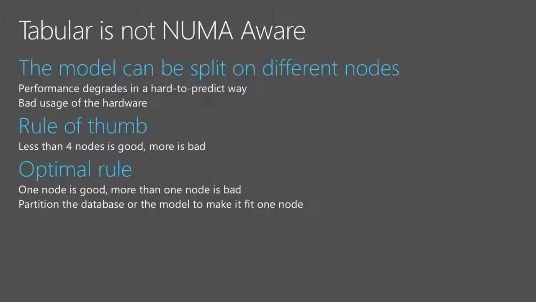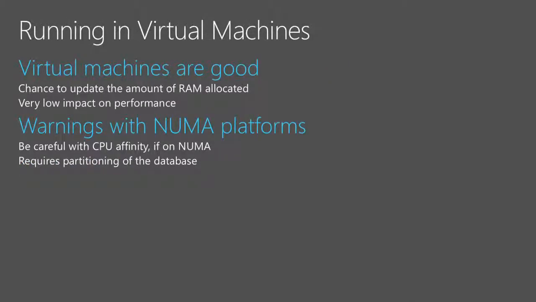And the best thing is to allocate the budget of your hardware, putting money on the right hardware for what you have today. Virtual machines are good. The problem of the virtual machine is usually not the virtual machine by itself, but the fact that the virtual machine is running on a hardware that is very bad for tabular, because it has a low clock rate, has a low speed RAM, and maybe you have 2 different cores running on 2 different NUMA nodes, which makes things very, very bad. But when you allocate the virtual machine in a good way, on the right hardware, performance are very good. The virtual machine by itself does not affect performance in a significant way.